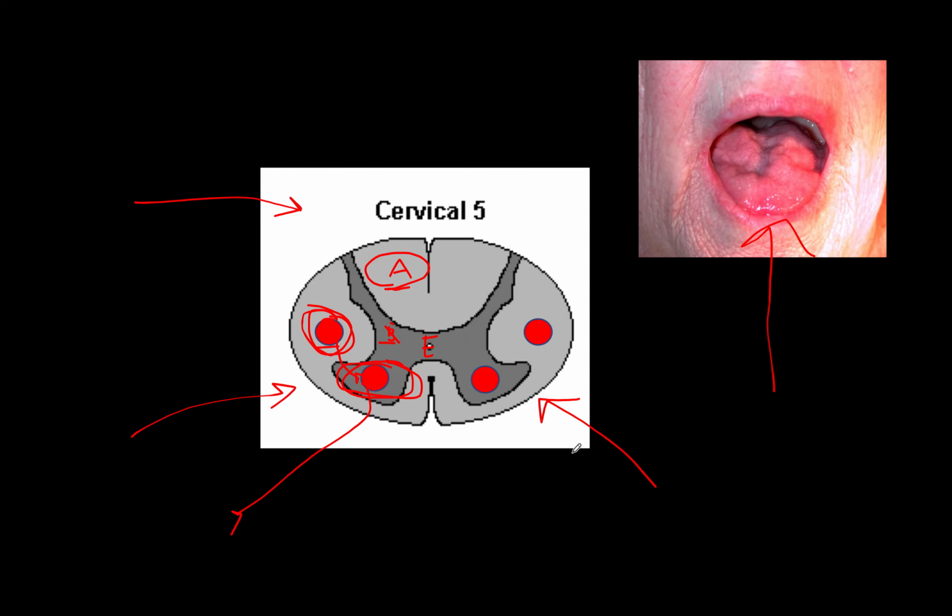I think I'll add for our next lecture a talk about all of the different pathways just as a review. Nothing's changed from Step 1, but it's good to have that review because they can ask you about Brown-Séquard syndrome, where you have a hemisection of the spinal cord and then you have sensory loss on one side and motor on the other. It's a good review to have those things fresh in your mind: where these pathways are, where they decussate, and what that is going to result in terms of clinical presentation. So we'll talk about that on Friday when we meet.